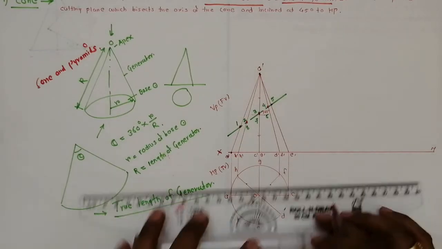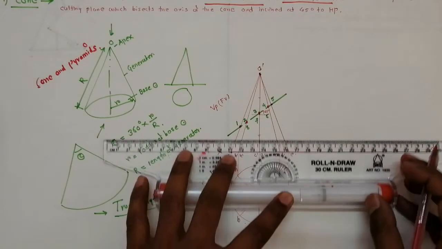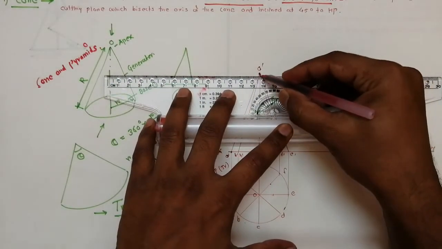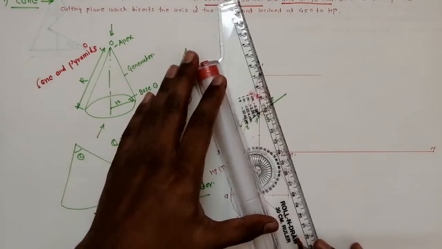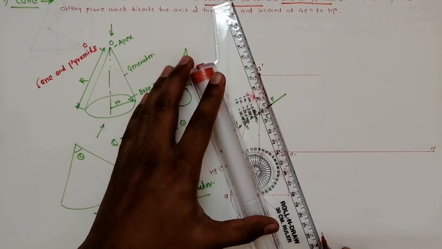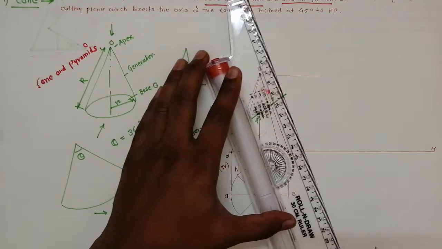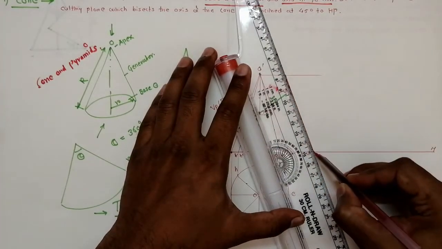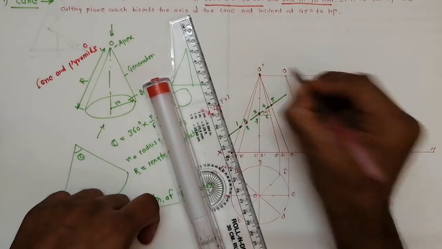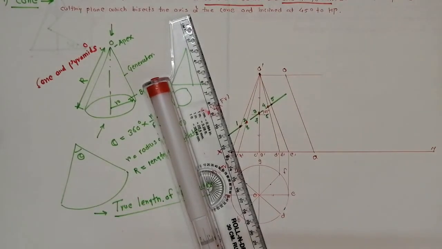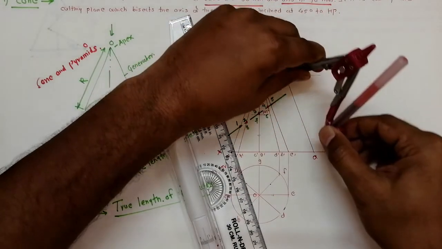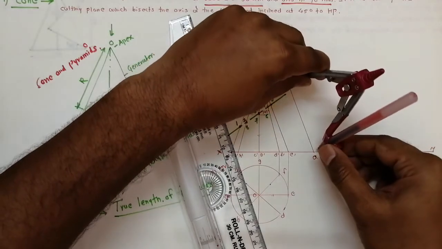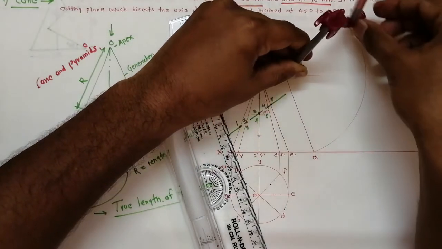So the development always starts on the true length of the generator. We'll now take that generator as our reference. So keep your roller scale on the generator, because this represents the true length, and then roll it and draw a parallel line. So this is O and we will start with A. Now the next thing is, for the radial line development, it comes in the form of an arc. So you take O as a center, and OA as a radius, and then draw the arc.